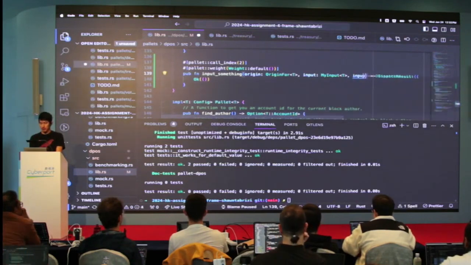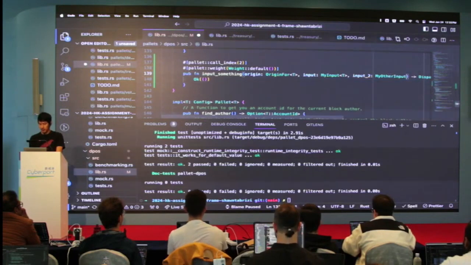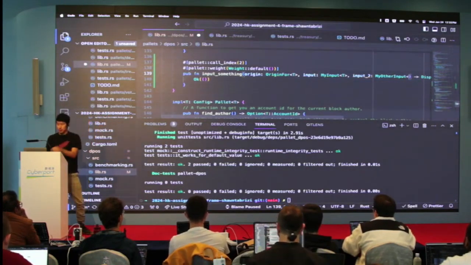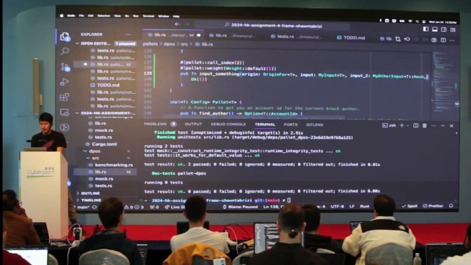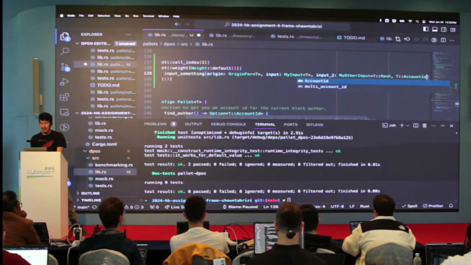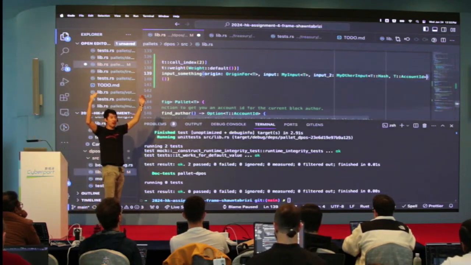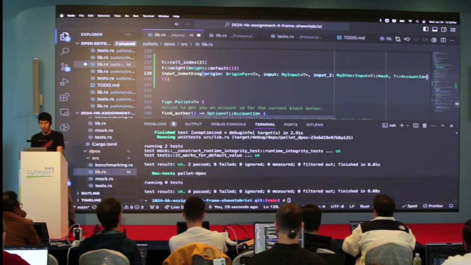Input 2 is my other input. We need to define, instead of T there, two generic parameters: T Hash, T AccountId. You see how we're passing the same information, but at a different point of the type definition.